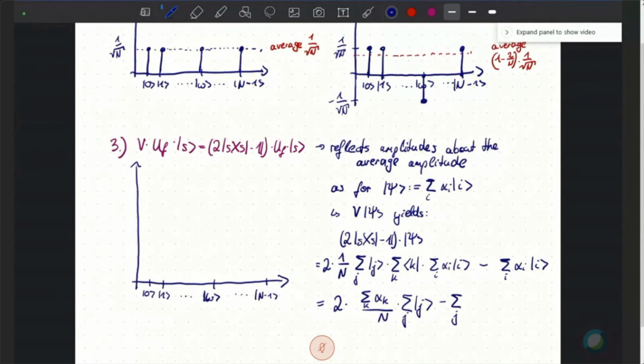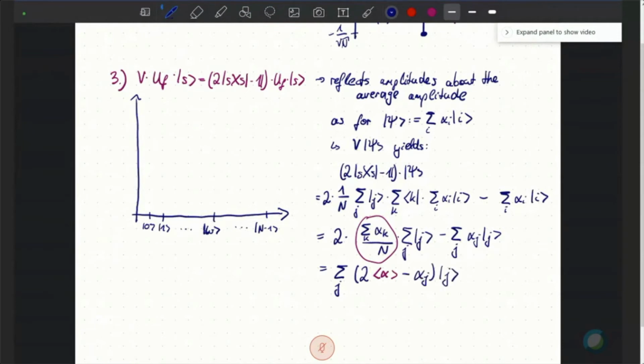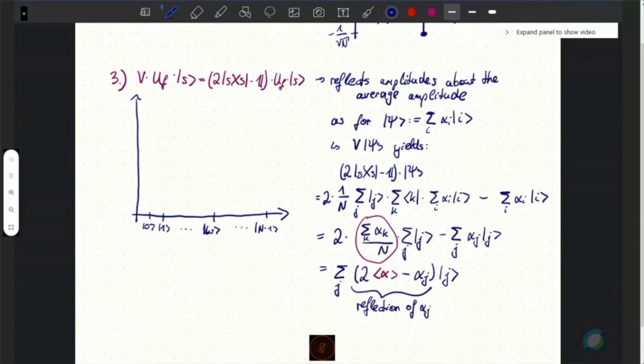And then for the second term here, I just change the index that I'm summing over to J, so that I can do that, right? I'm just summing over it. And now I put these 2 terms together, and I'm getting, so this part is now the average alpha. It's the average amplitude alpha minus alpha j, and taking 2 times the average minus an individual alpha j corresponds exactly to a reflection of alpha j about the average alpha,